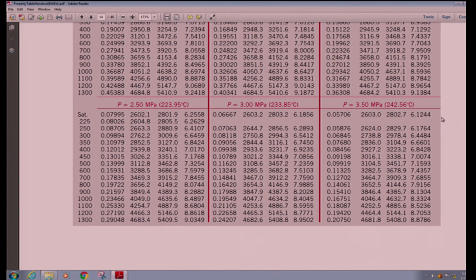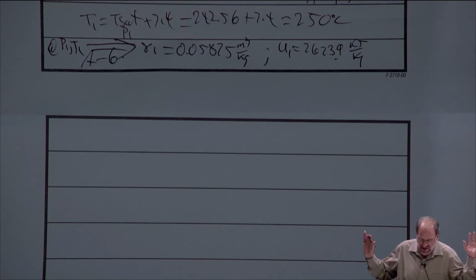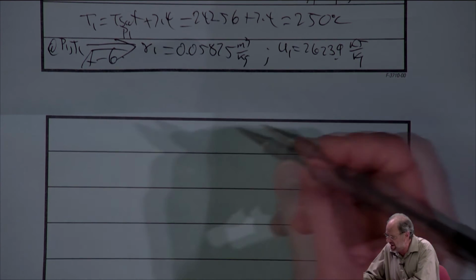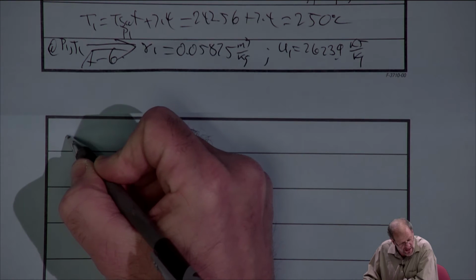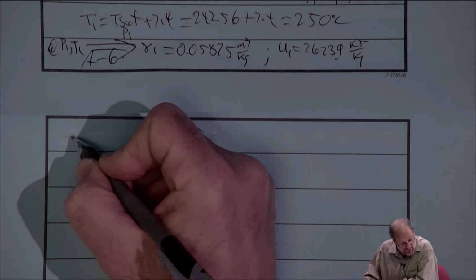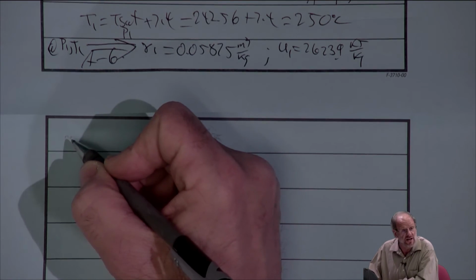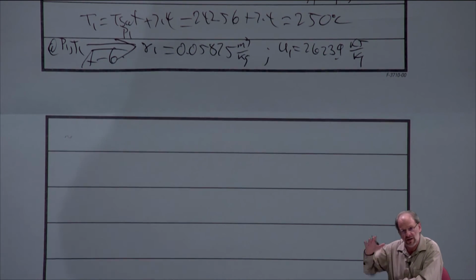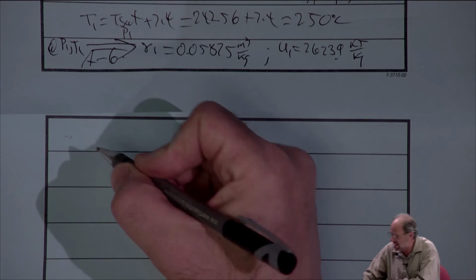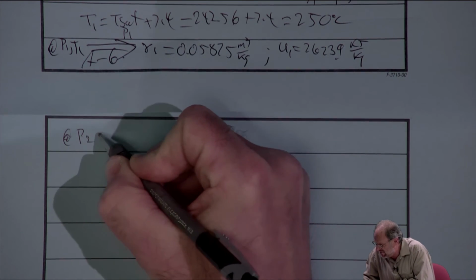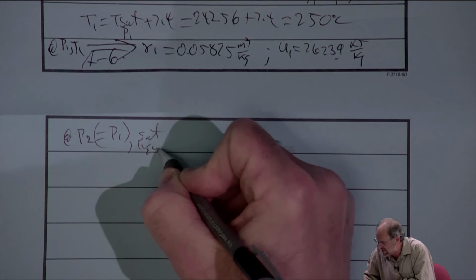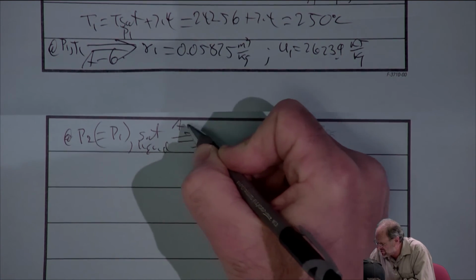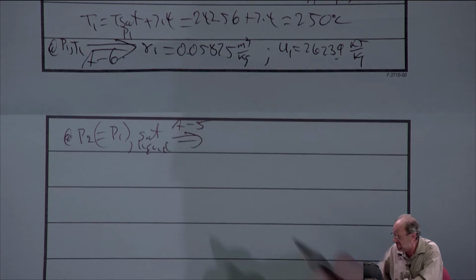Okay. All right, so next. We have our data at point 1. Let's just find all of our thermodynamic property data. It's going to be easiest that way. So at point 2, we have a saturated liquid at 3.5 megapascals, right? It's a constant pressure problem because it only hits the stops when we finally get to saturated liquid. So at P2, which equals P1, and saturated liquid. All right, so this is the pressure data, so we have to use table A5.